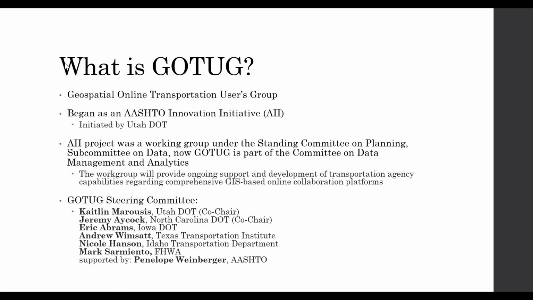It began as an AASHTO innovation initiative started by Utah DOT, and we ended up getting a steering committee together consisting of Caitlin, myself, Eric Abrams with Iowa DOT, Andrew Wimsatt with Texas Transportation Institute, Nicole Hansen with Idaho Transportation Department, Mark Sarmiento with the Federal Highways Administration, and Penelope Weinberger with AASHTO.